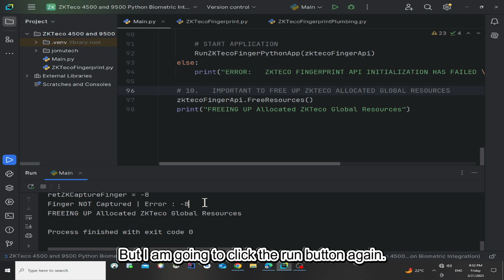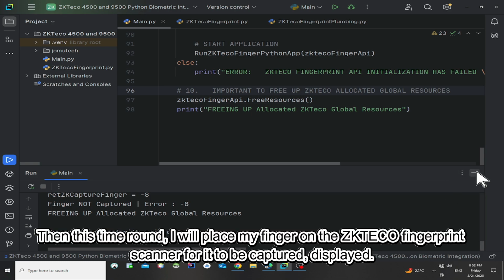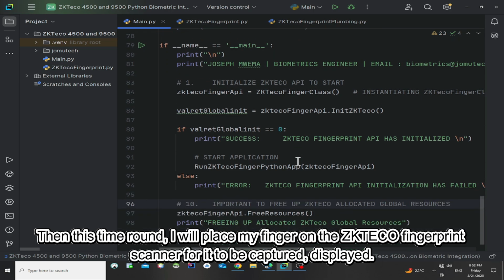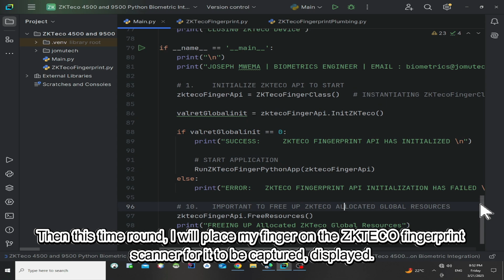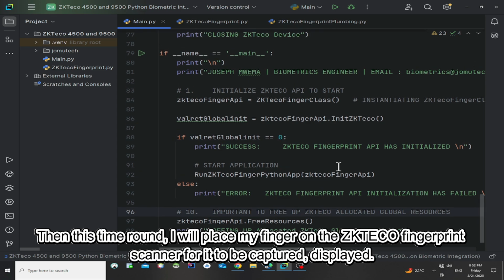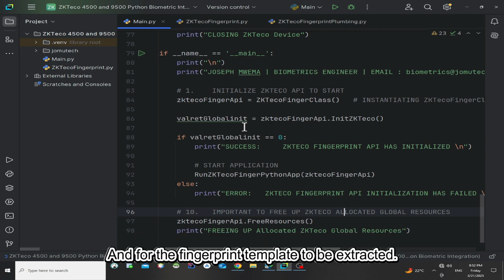But I'm going to click the run button again, and then this time around I will place my finger on the ZKTeco fingerprint scanner for it to be captured, displayed, and for the fingerprint template to be extracted.